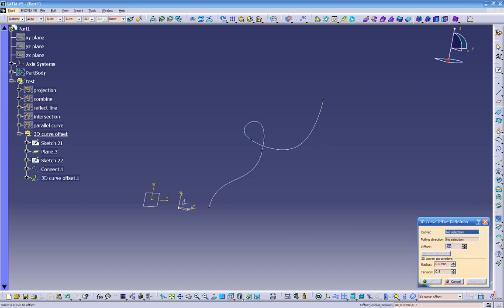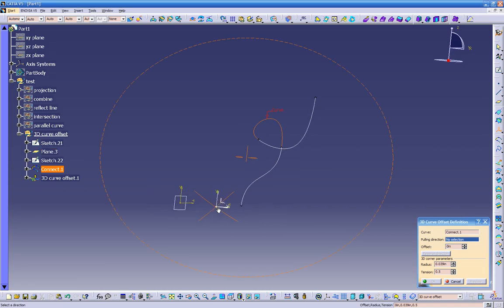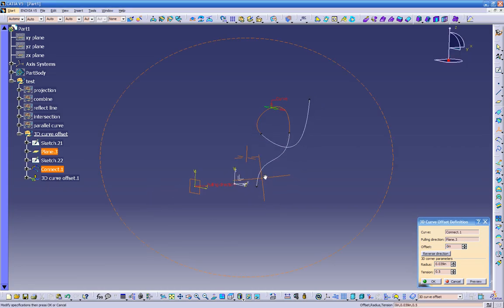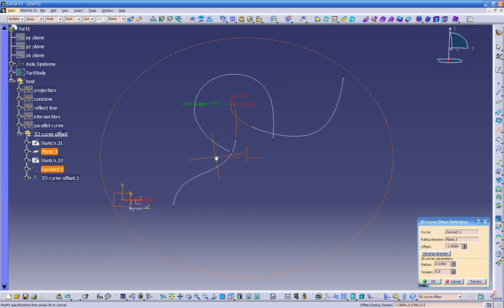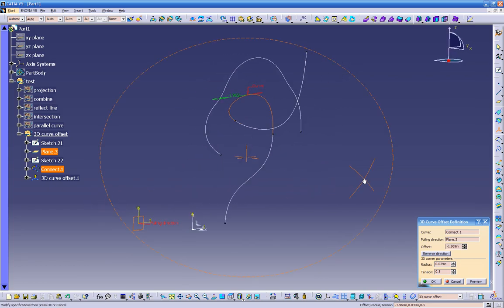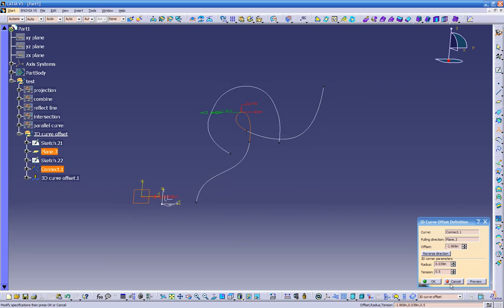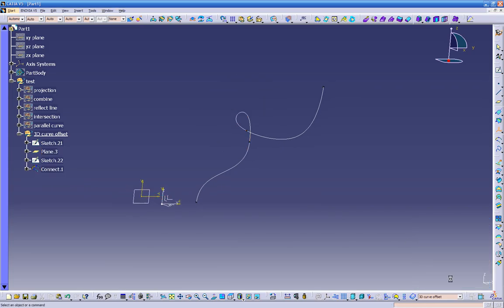If you try to use this, and we click on the plane that we wanted to offset it from, it's going to try to offset only this curve. See that? But if you want to offset this whole 3D curve, we can just highlight everything,